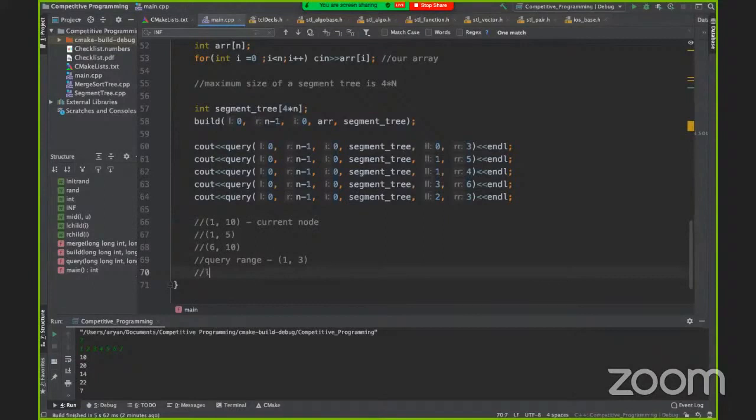Our LL is equal to 1, RR is equal to 3, LI is equal to 1, RI is equal to 10. Now something that we could do is query 1 5 for 1 3 plus query 6 10 for 1 3.